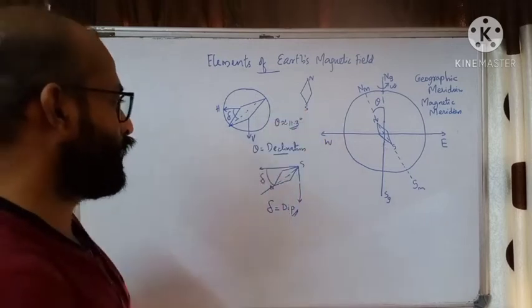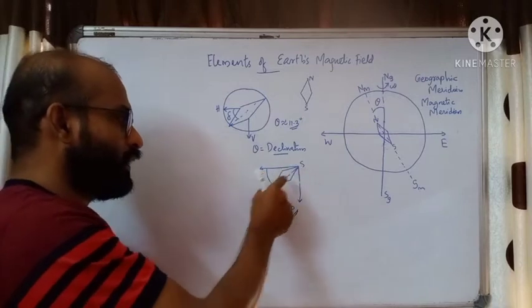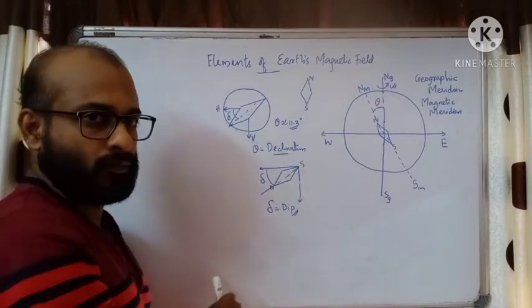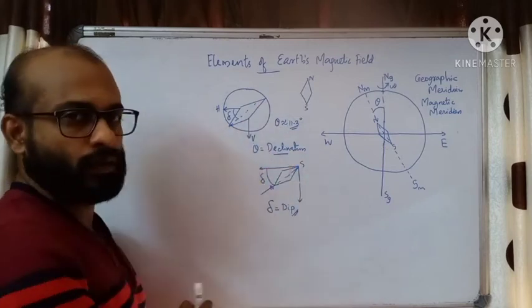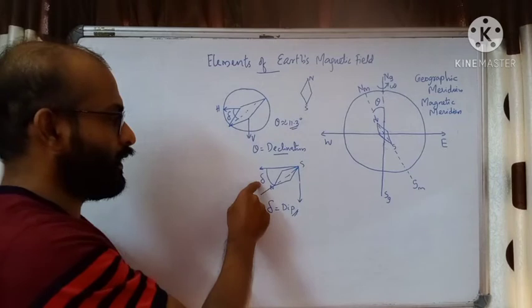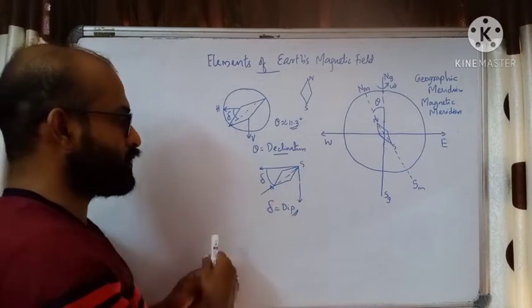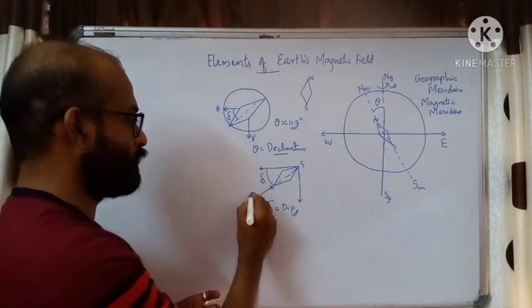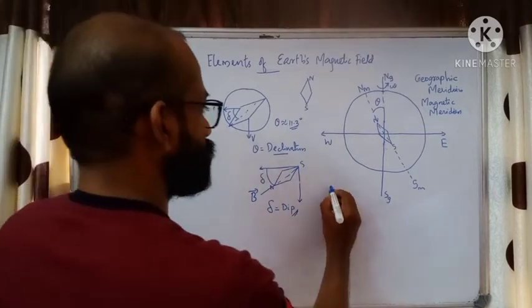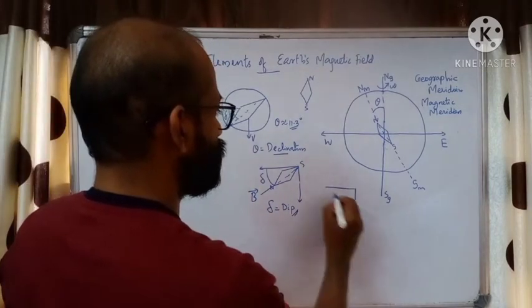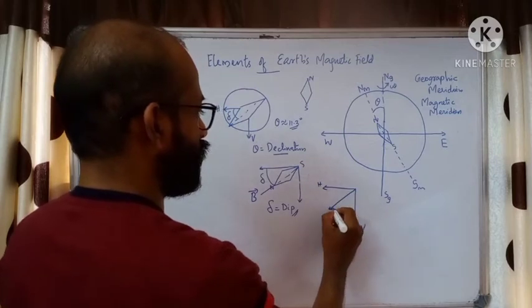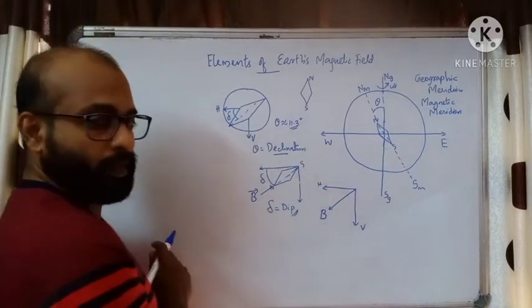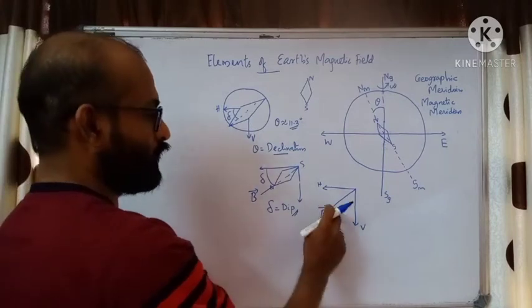So what is the dip angle? The dip angle is the angle made by the magnetic needle, if it is able to move in a vertical plane, with respect to the horizontal. Now, if delta is the angle here, we have two components of the Earth's magnetic field. This is the direction of Earth's magnetic field, vector B. I'll write it in terms of components. This is horizontal, this is vertical. This is the actual direction of Earth's magnetic field, vector B.